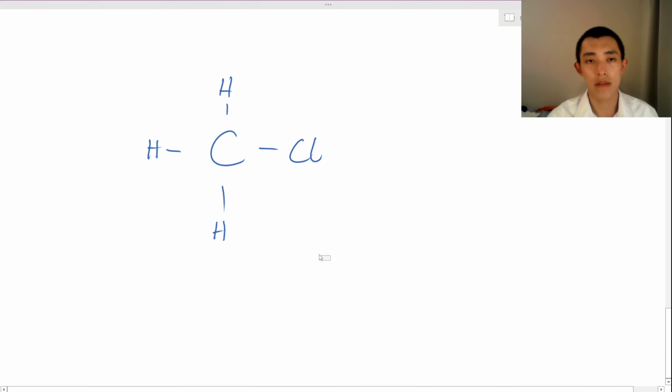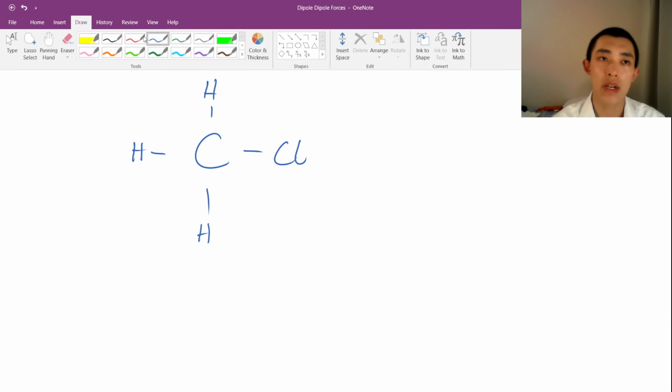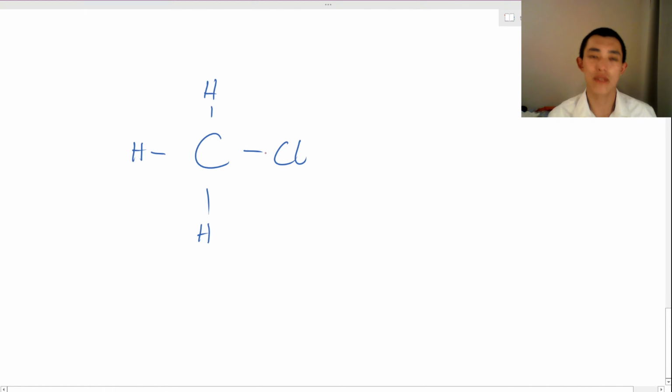Will this be able to undergo a dipole-dipole bond? What do you think? The answer is yes. This molecule will be able to undergo a dipole-dipole bond. Let's explore why. First of all, the first thing that we must do is we must consider the electronegativity differences